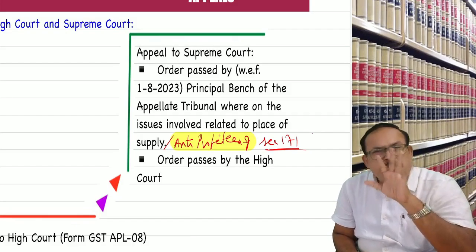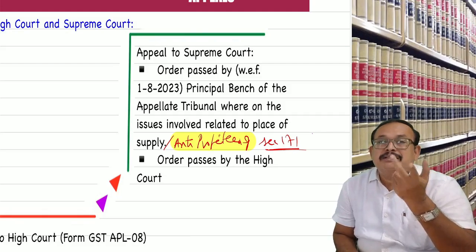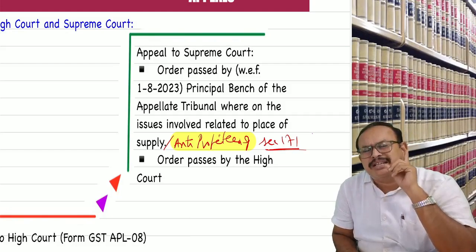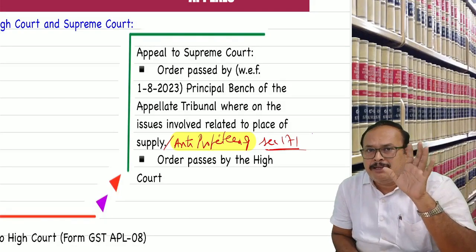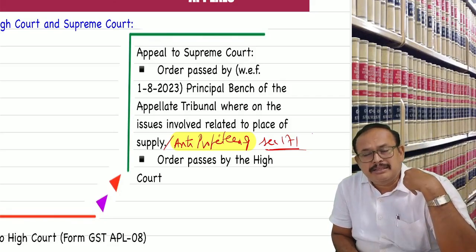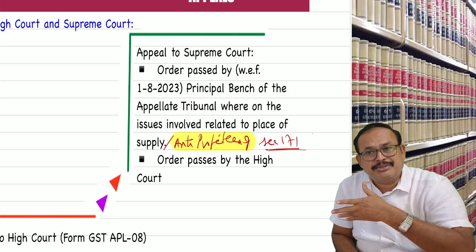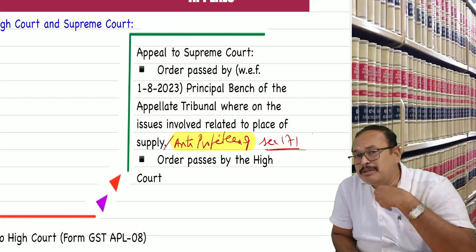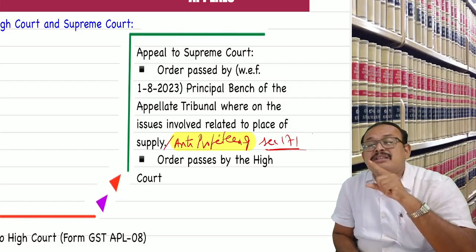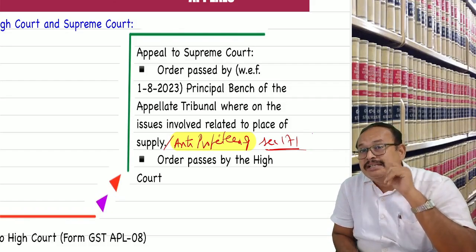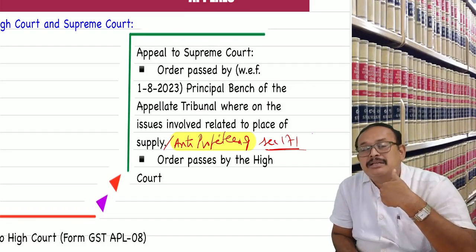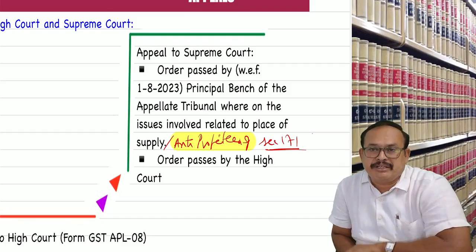Then does the taxpayer suffer the tax? No. In that case, how can the taxpayer get the benefit on account of reduction of GST? Who is the ultimate taxpayer? The end user. In a B2B transaction, there is no revenue, because I am collecting that tax and paying the tax. In that case, no tax is paid by the businessman. The ultimate end user is the taxpayer. With the reduction in tax rates, the benefit goes to the end user. Instead of passing it to the end user, if the rate is not reduced and the taxpayer gains, that is anti-profiteering.